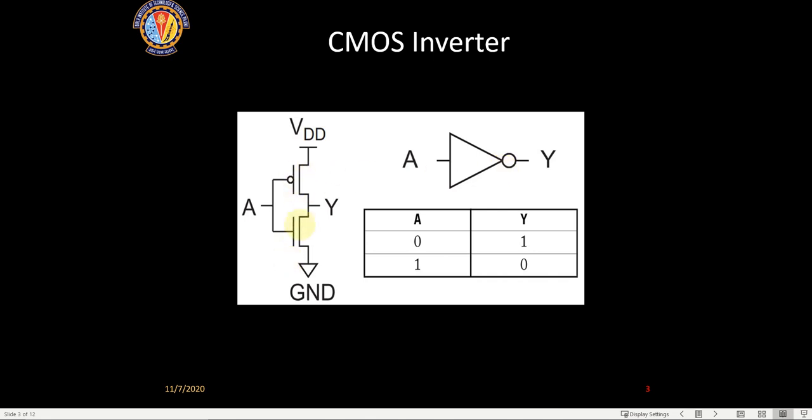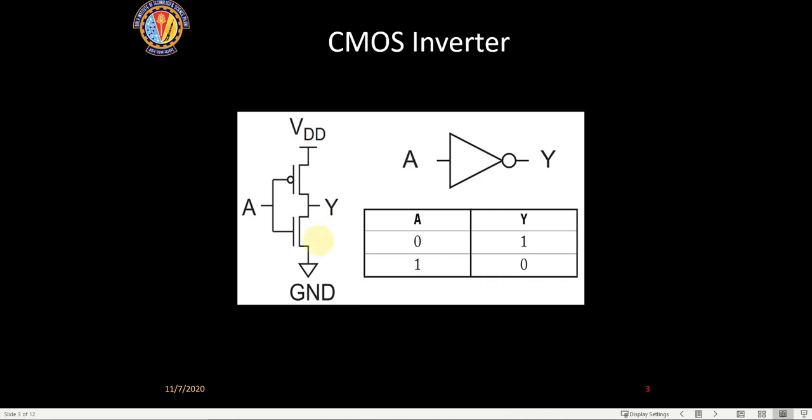Is this operation of a simple inverter understood, in how an inverter is implemented at the MOS transistor level? Is it clear to all of you? Can somebody say yes or no? Because we are going to slightly build on this concept. If this is not clear, then the rest of the things also will not be clear.